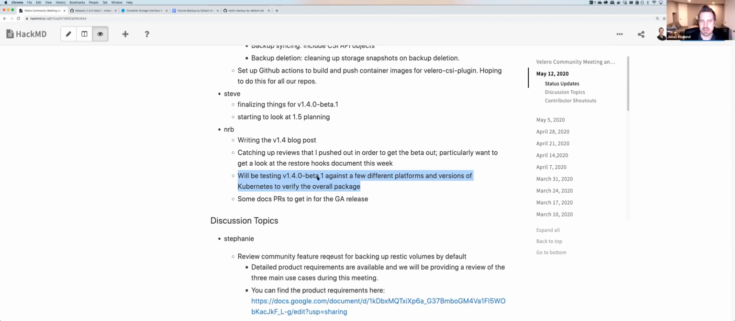For the testing here, Nolan, do we have a document outlining what you are testing if anyone else wanted to test in their environment? I was intending to put together a wiki page. We had recently activated the GitHub wiki. I was intending to put together a little wiki page with maybe a table of the versions I was intending to test